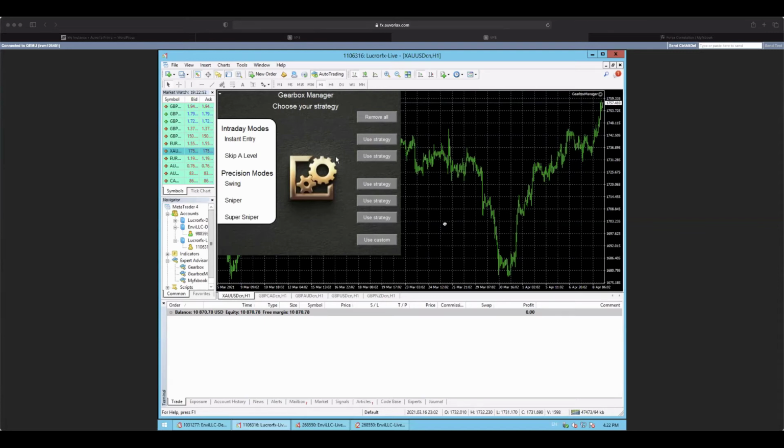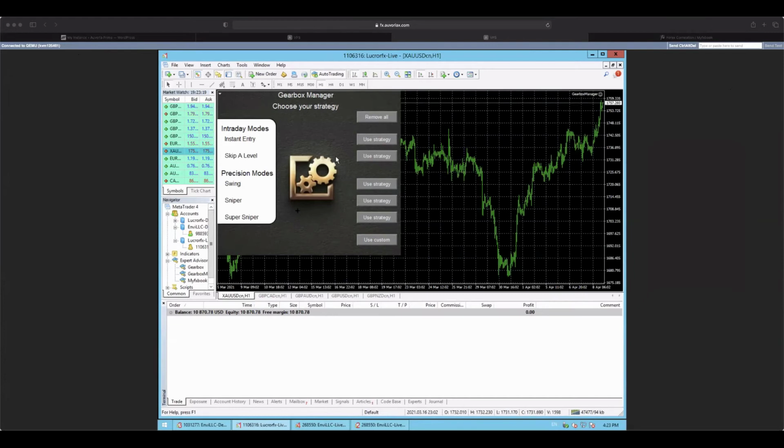And somebody on Super Sniper is like, this is the best thing ever, I'm going to make so much money. And somebody else who was on instant entry, which you're never going to trade GBP on instant entry, but the point in explaining it is you'd be crying, and you don't want to cry. So stick to the pairs for the instant entry strategies that we have, and decide to run that way based on what you see.